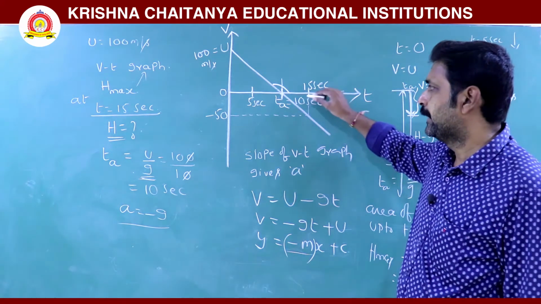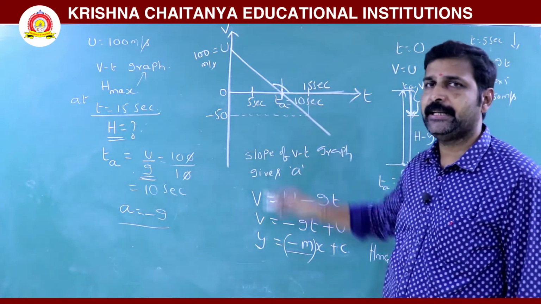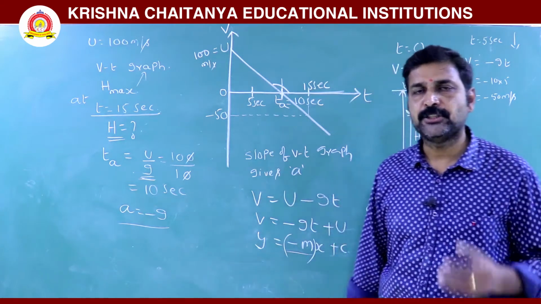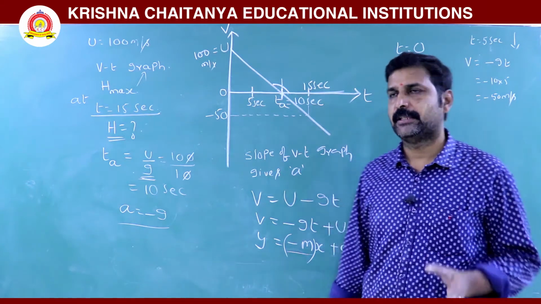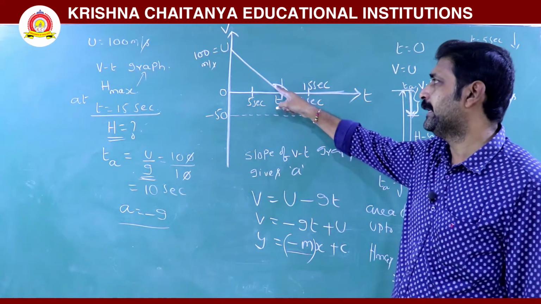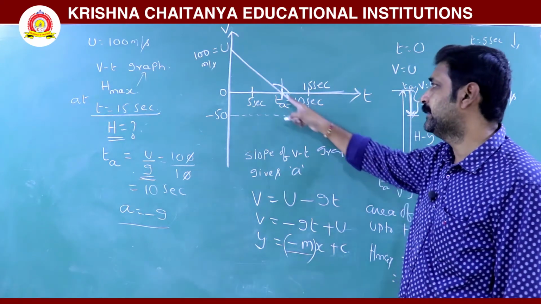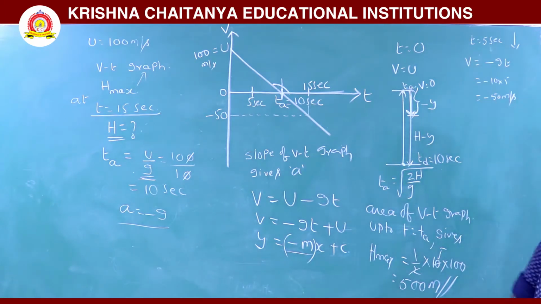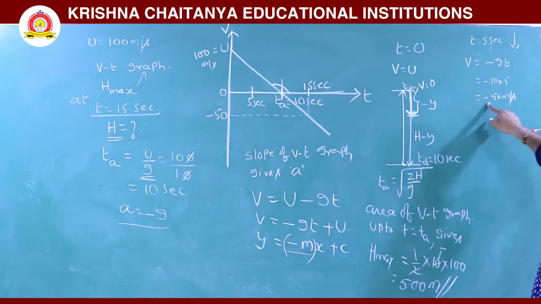For slope, here the angle made with the x-axis is greater than 90. And since acceleration is constant, slope is constant, so the graph should be a straight line. That's why the graph has a negative slope. That means the angle is more than 90 and it continues as a straight line since acceleration is constant. So during downward motion from 10 seconds to 15 seconds, for a 5 second interval,